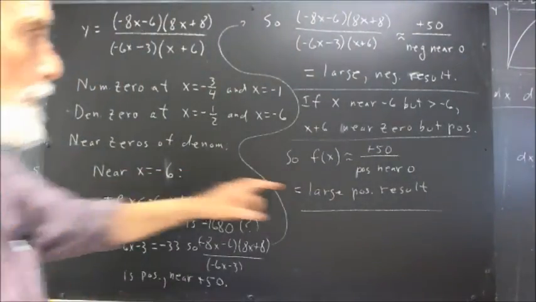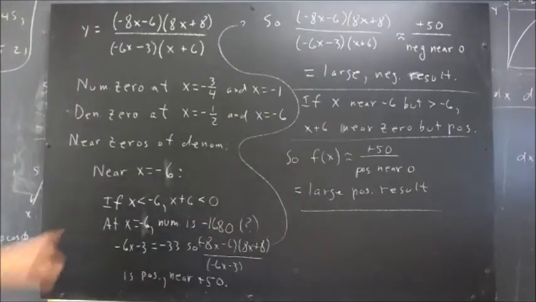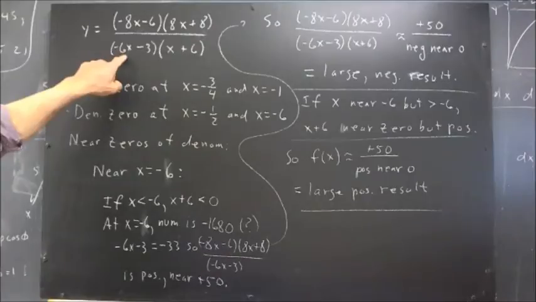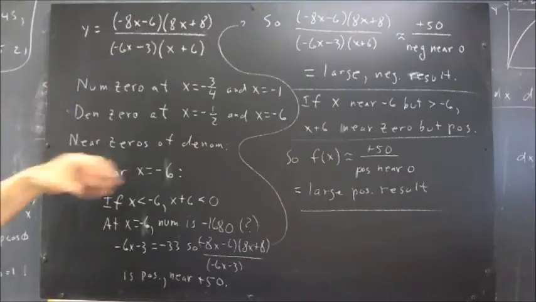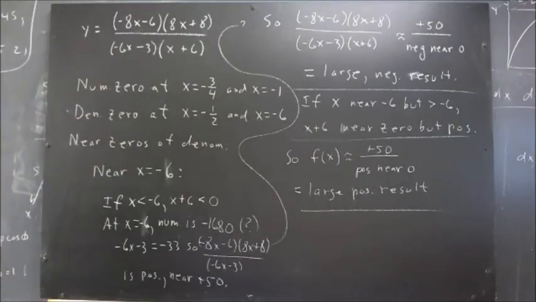Now, that's what happens near the 0 at x equals negative 6. Near the 0 at x equals negative 1/2,